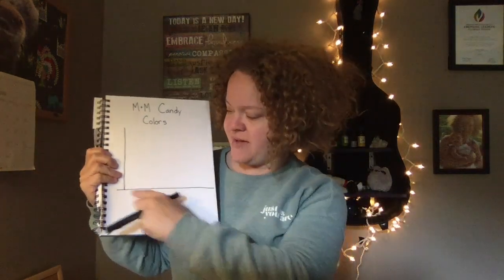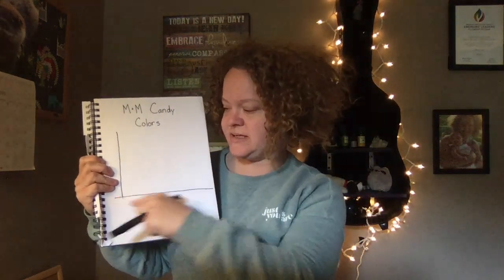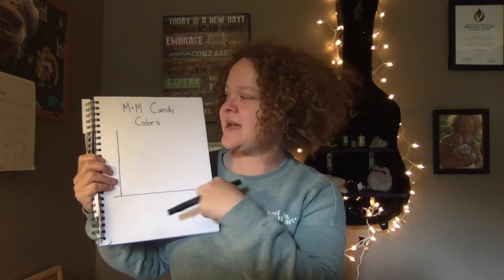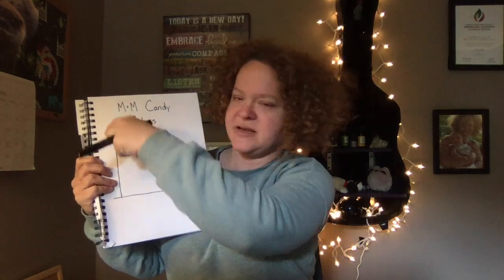So here, on this line here on the bottom, I drew 2 lines. One going side to side, that's our x-axis. One going top to bottom, that's our y. So on the x-axis, I'm going to write the different colors. I'm going to try to space them out a little bit. Blue, red, orange,